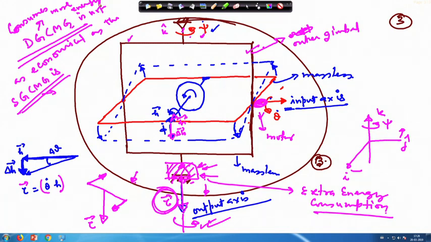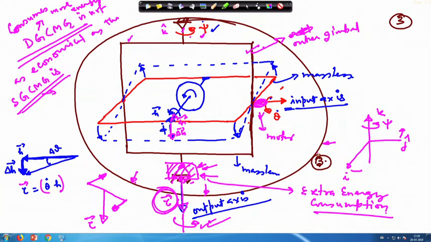Also torque wise, because if you try to produce a larger torque, you need to put a bigger motor here in this place to restrain it. So, that is not good, and therefore, the torque production capacity of the double gimbal control moment gyro is less as compared to the single gimbal control moment gyros.